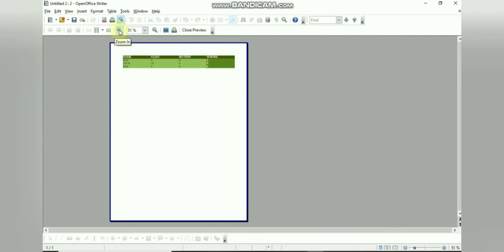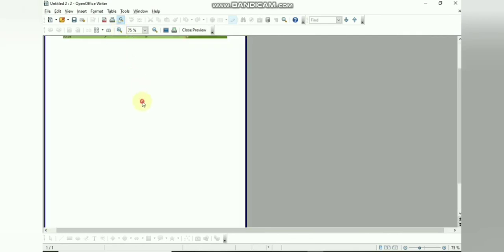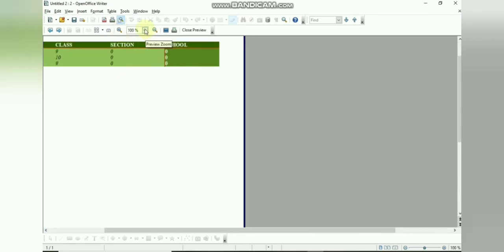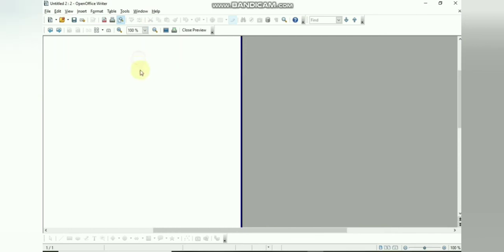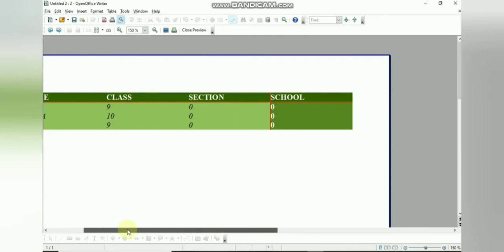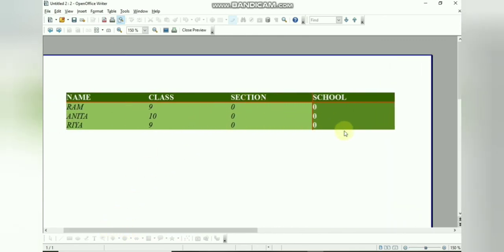So accordingly you can zoom in. Okay, so if you want to view your document in a broader way, accordingly you can increase the size, the percentage, and you can view your document. Okay, so this is the way your table will look when you print it out. Okay, and if you have a color printer you will see the colors as well. All right, and this is one option from the standard toolbar, and the other one we have is from the file menu.